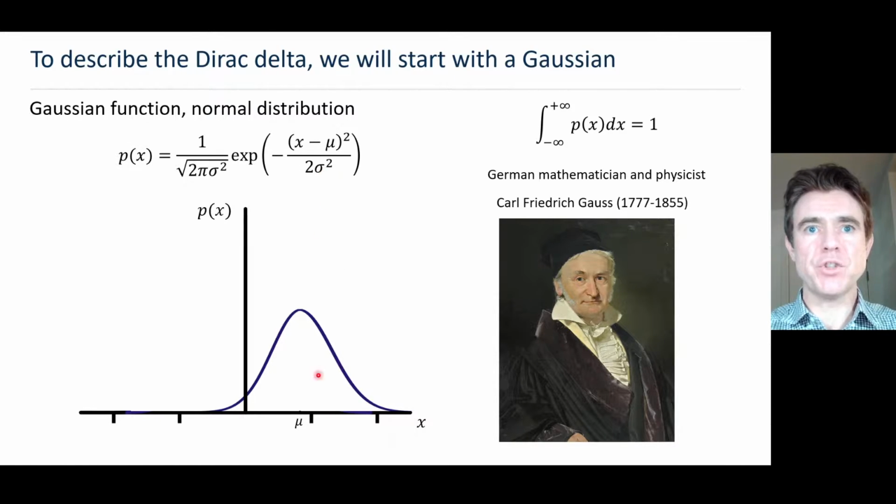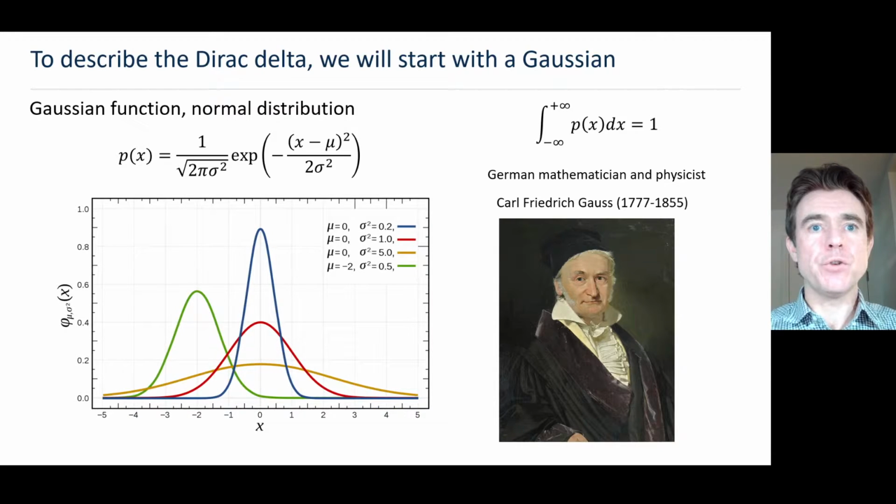So it's got some variance, sigma squared, controlling the width of the function, and it's centered at some value x equal to mu. Now we're going to use this to get to the continuous Dirac delta function. First of all, though, just to show a bit more of the parameterization of the Gaussian distribution, you can see here I'm showing it for different values of sigma squared. So this is a small sigma squared, so it's a very sharp peaked Gaussian, and then as we increase the variance, this gets broader, and the amplitude goes down